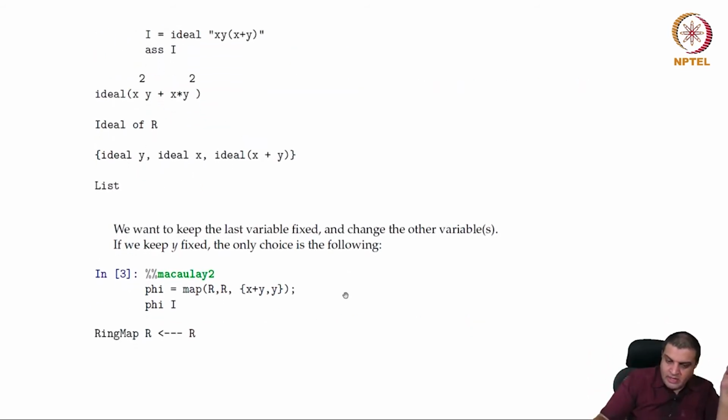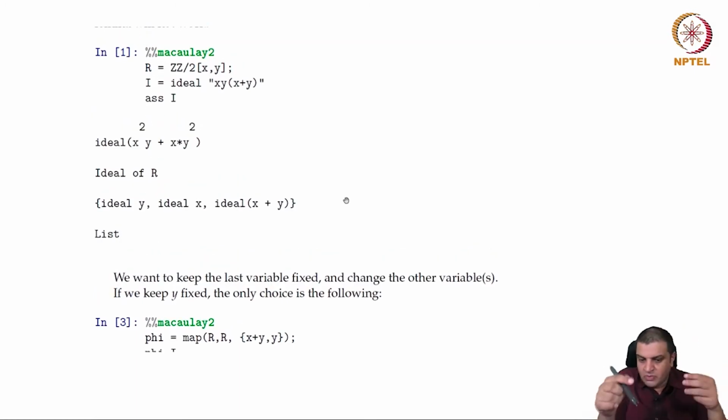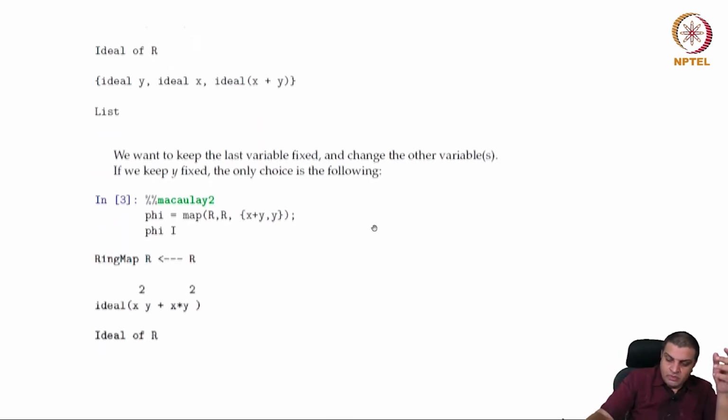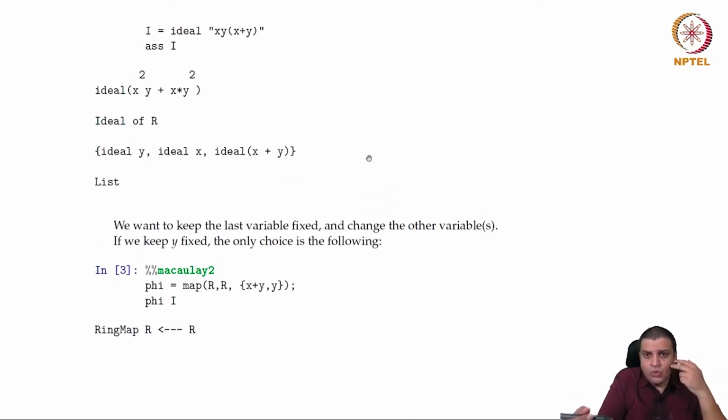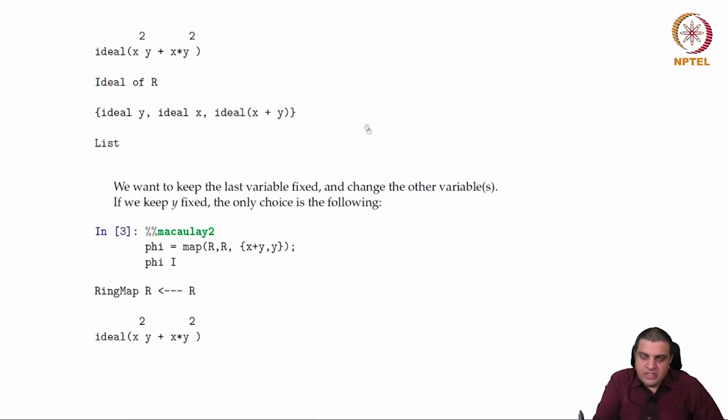Okay, so in our proof we changed the first n minus 1 variables, and we didn't change the last variable. So we would like to change x but not y. Well, this is a finite field, and x has to go into a non-zero linear polynomial, something of the form x plus some alpha times y. Remember, that is what we did in the proof. But there is only one choice then, x.